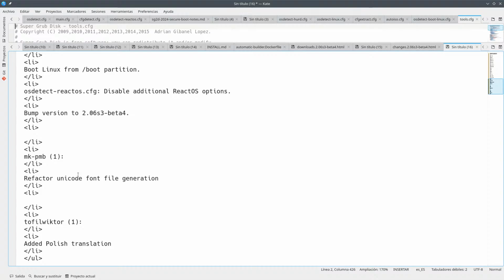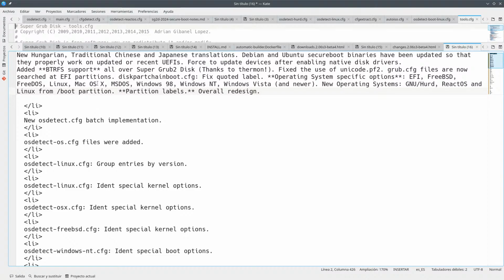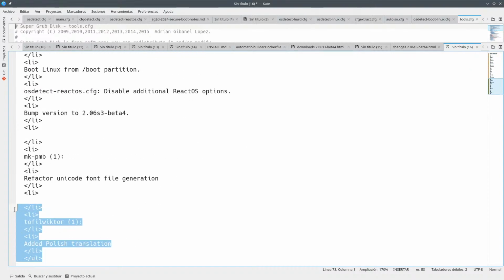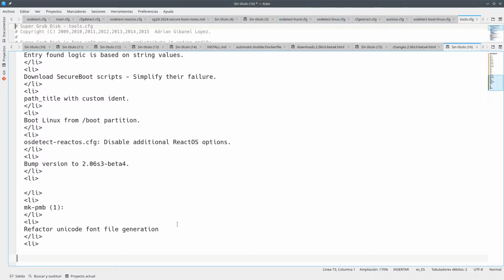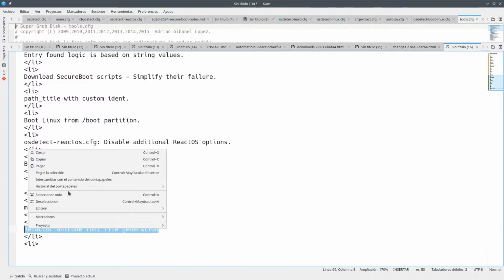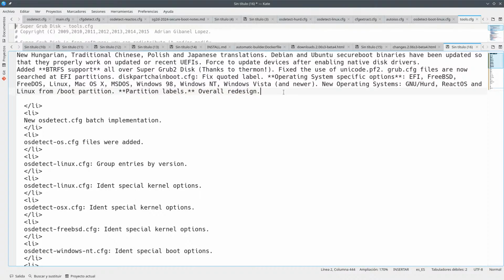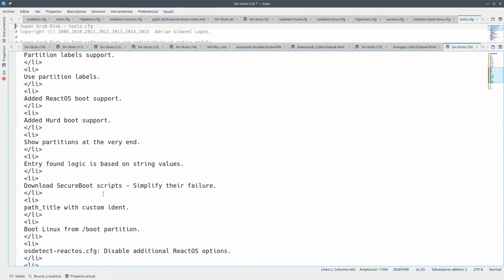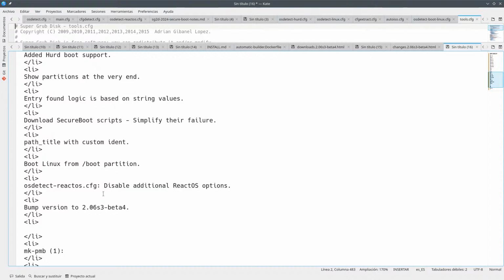Refactor font files generation. I mean, yeah. Added Polish translation. Okay. Hungarian, traditional Chinese, Japanese, Polish, and Japanese translation. Okay. Refactor unifont file generation. Let's put it here, even if I don't think it's worth it on a changelog. I mean, it's not something that a lot of people are going to read, but it's something that MBK did, so